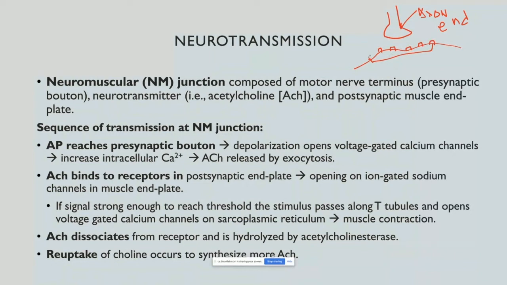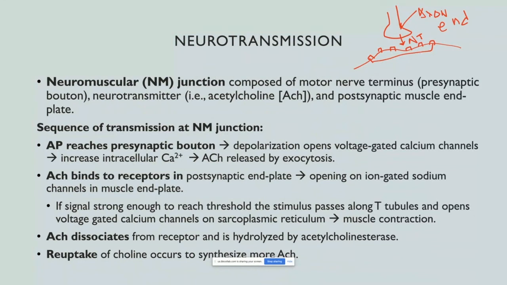For example, for acetylcholine, we are going to study later, and you're going to study in more detail in pharmacology, the different receptors that can be there: muscarinic, nicotinic receptors, etc. And also, as a part of this neurotransmission, we have the neurotransmitters, which are the ones that are released from the neuron to the motor end plate, NT, one example of which is acetylcholine.